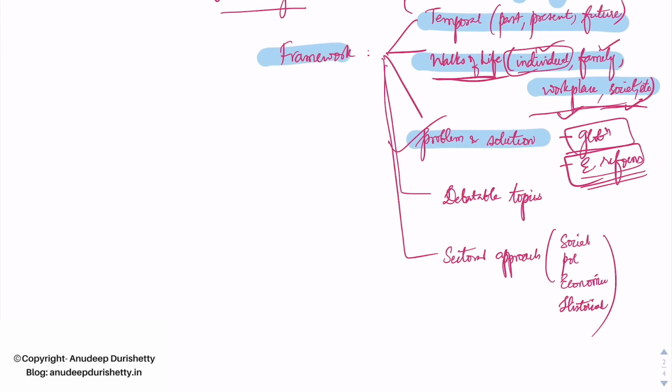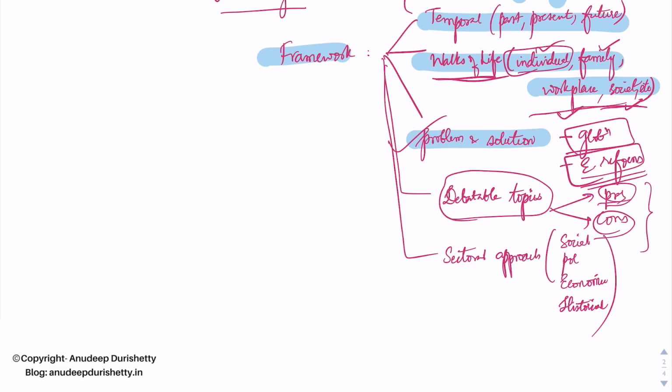Next, there are topics that are asked as questions which are debatable. For instance, should death penalty be abolished, or can capitalism bring inclusive growth? Those questions are ideal for expanding in this mode, where you discuss both pros and cons of that particular topic and end on a note where you take a particular stance along with solutions that you propose to overcome any problems that you have with a particular topic.